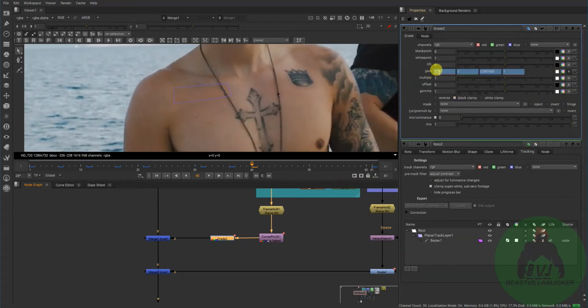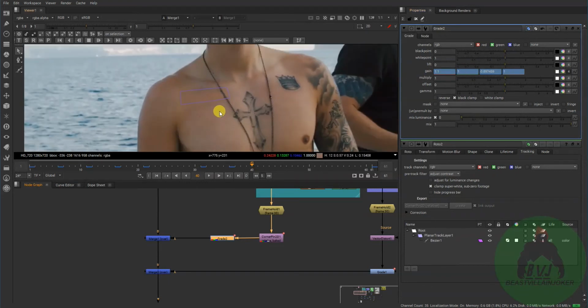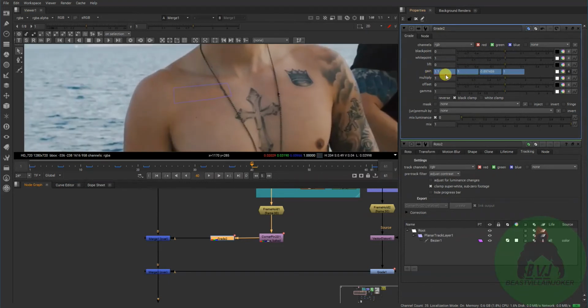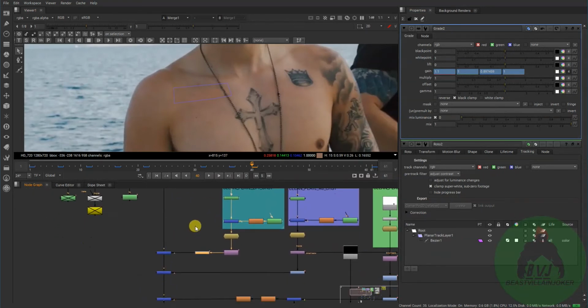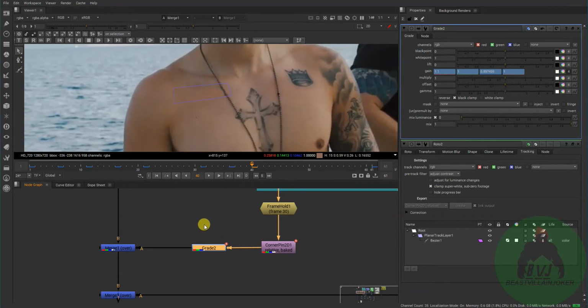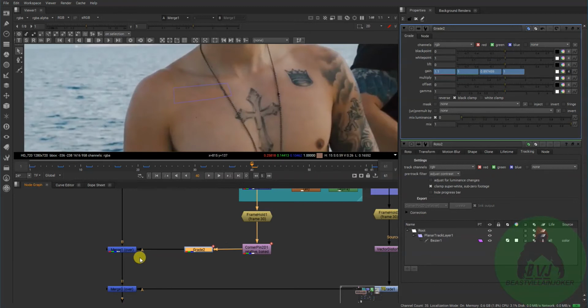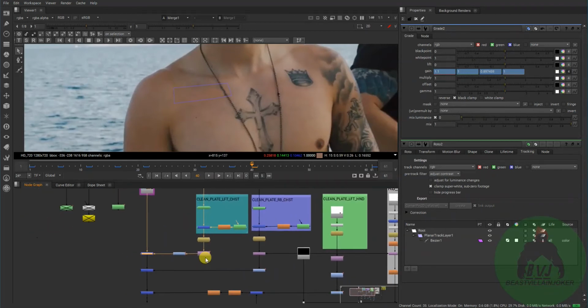Just like here I have done the grading to match the color with his skin, so red, green and blue. And also when you grade it, if you desaturate the colors, it will be more helpful for overall matching, meaning the matching with the luminance. So there are two parts, one is luminance matching and one is color matching. By color matching you have to do it with red, green and blue, and for luminance matching you can desaturate and match the luminance. There you go.